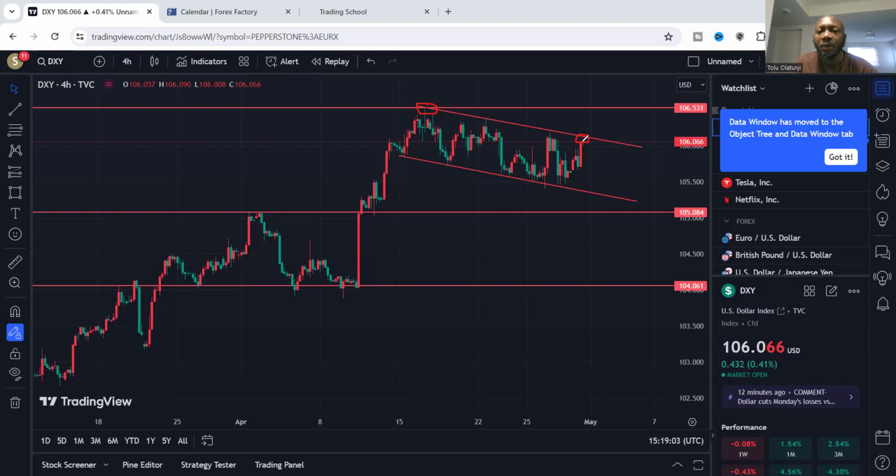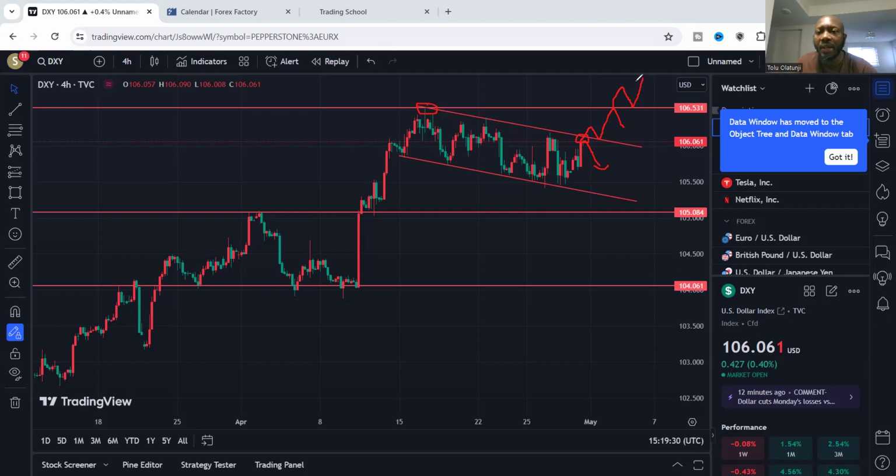Now, a few things that we're going to be looking out for is a bounce, that is a rejection, or a breakout and a retest of that broken trend line, and then push higher to this area of resistance at 106.50. And from here, it could either get rejected or it could break out and hopefully use it as the bounce